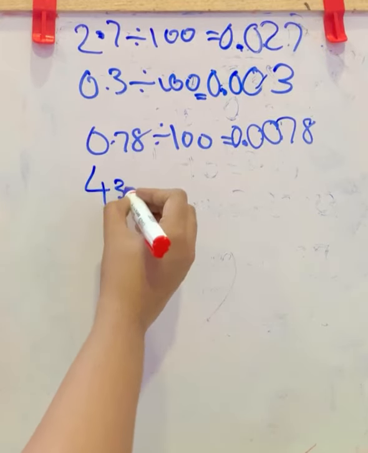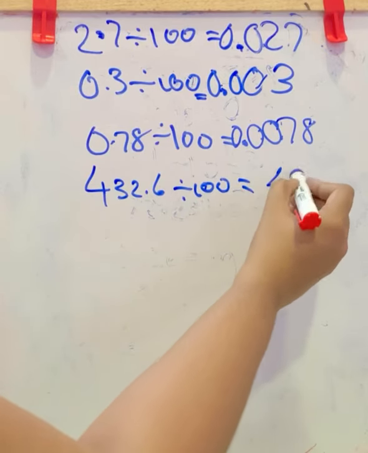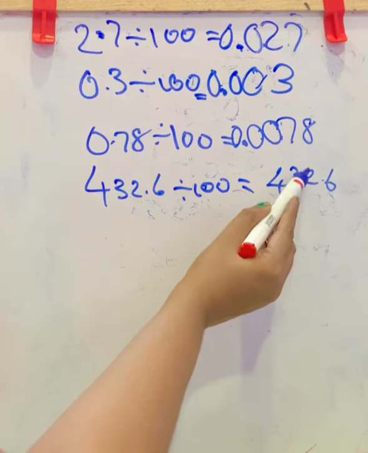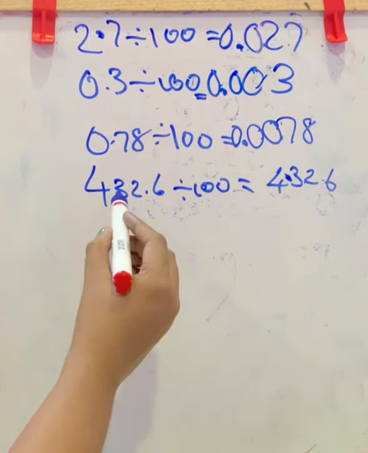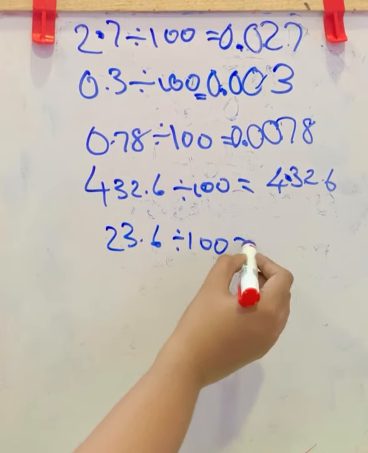Next, 432.6 division 100. Moving 2 places to left side. Here was the decimal. Moving 2 place means 1, 2. It reaches here. Next is 23.6 division 100 is equal to